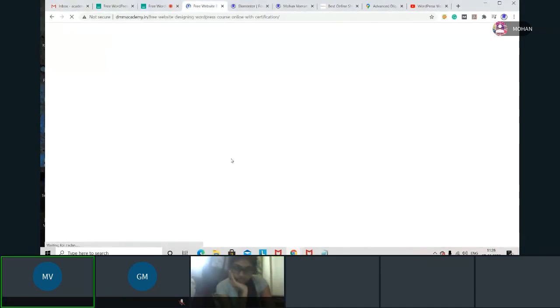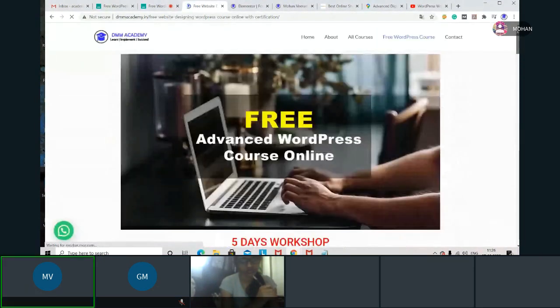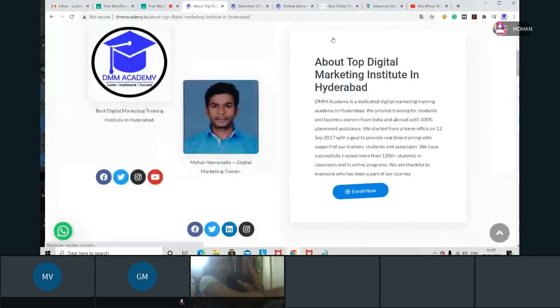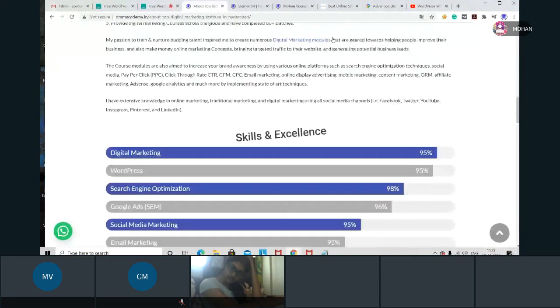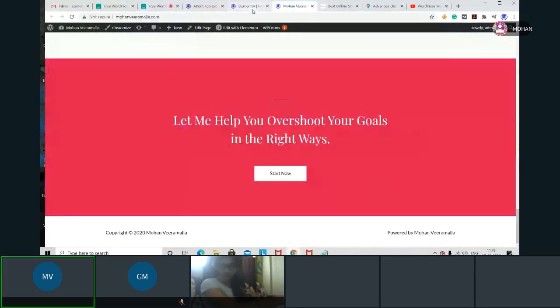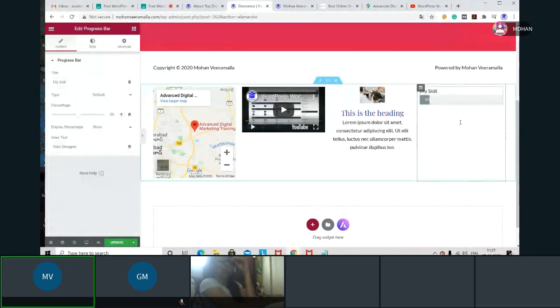When you go to this about page and scroll down, you can see this. These are called progress bars. That is what we are implementing here. I want these progress bars to show in the footer. Now I can implement.